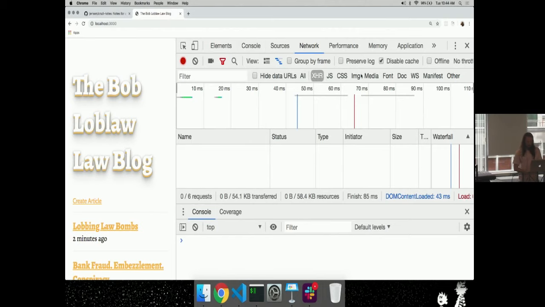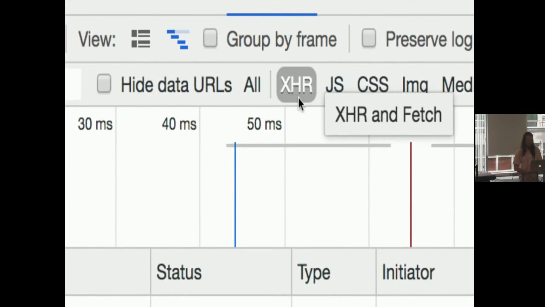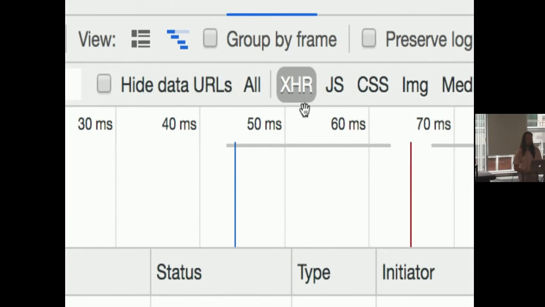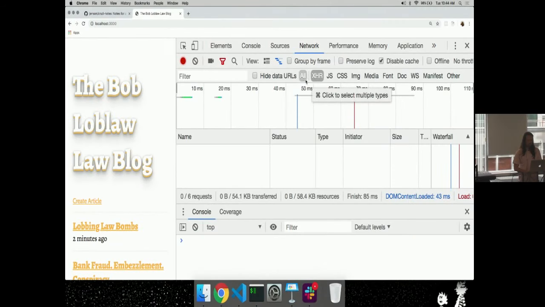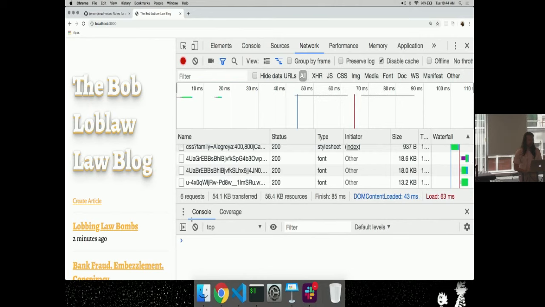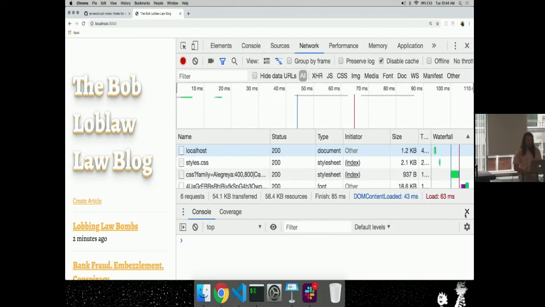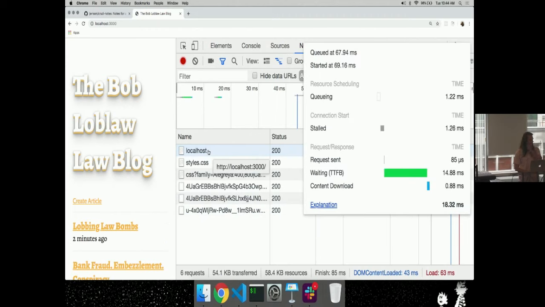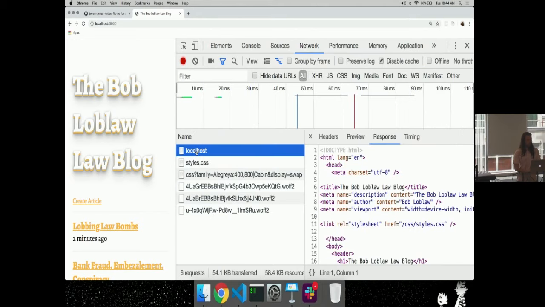We have to be careful when we're using this tool because I actually have it filtered for XHR, which means I have been doing some single page application stuff. I'm going to go over to all instead. There it is, all this stuff down here. These are all the requests that get made when I hit enter on the location bar. The first request that's made is localhost.